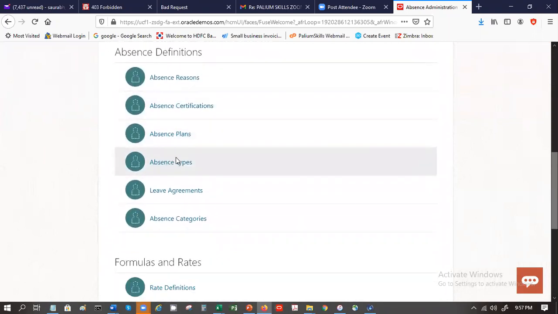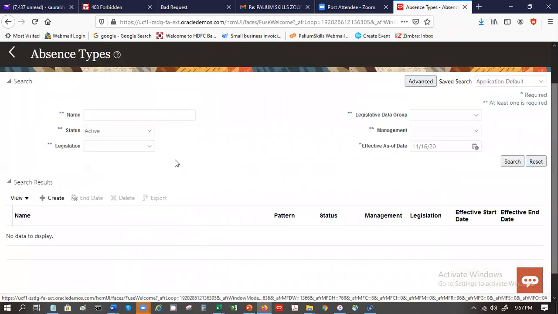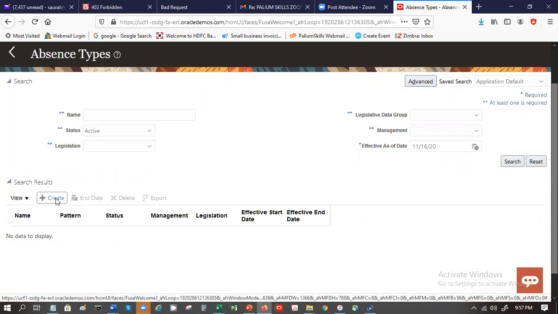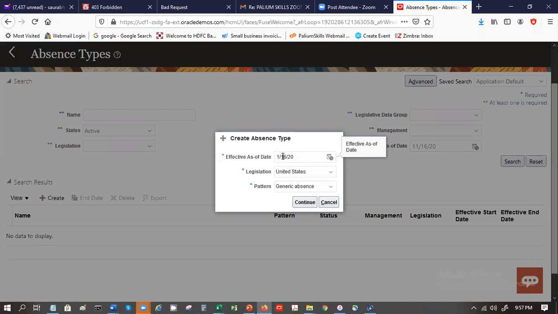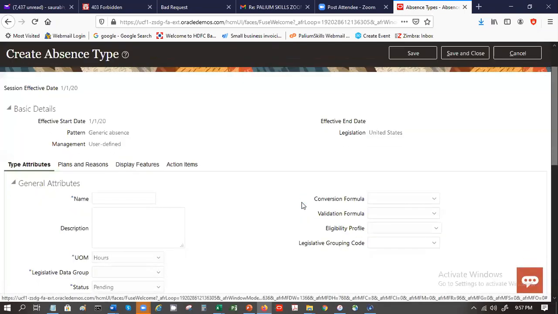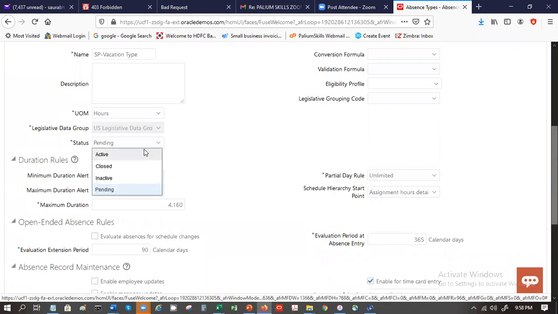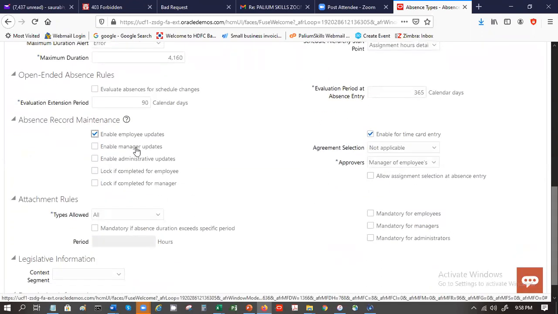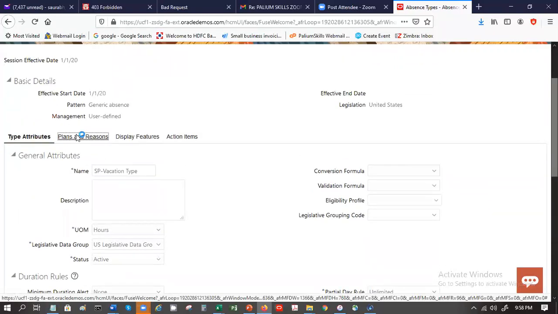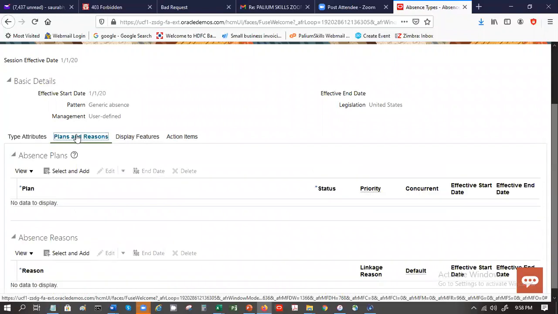So, absence types. See, now this plan and reason has come.